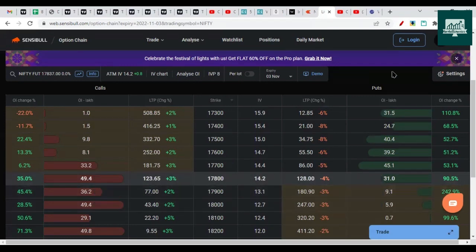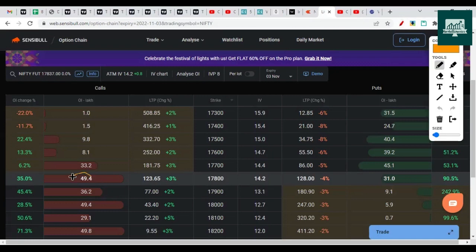17,800 and 18,000 both have the same number of call writers. So most likely in the next sessions, the number at 17,800 will reduce as it opens gap up. Numbers on the call side open interest indicate the resistances and the break of resistance. If Nifty crosses 17,800 by a big margin, these people will shift to a higher position. They will book losses and head higher, and they will look for shorting the next call. So this is how the option chain works.